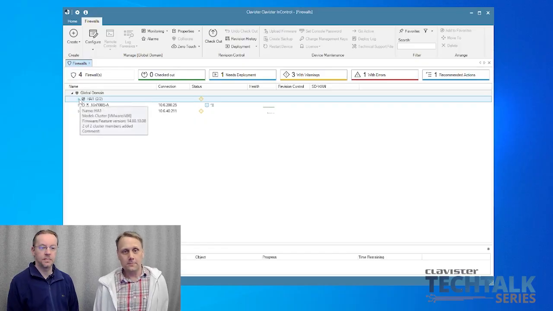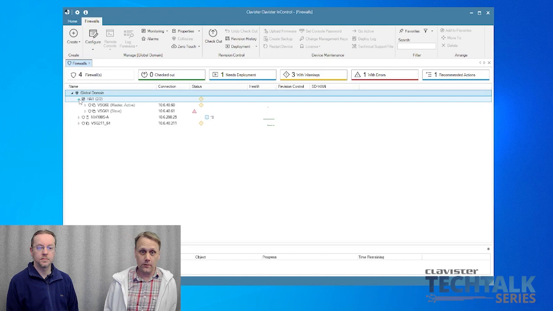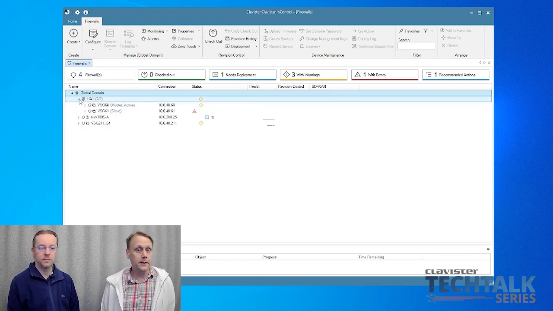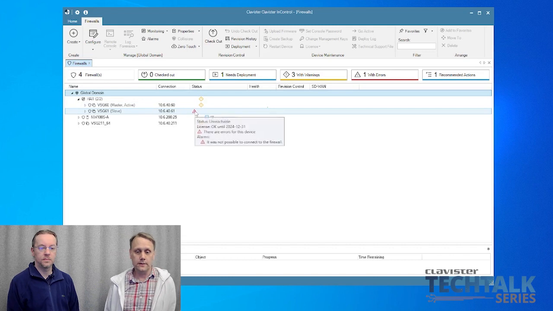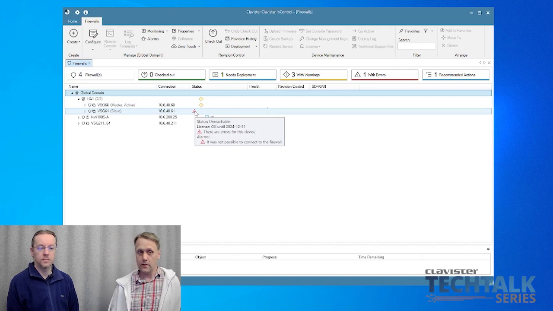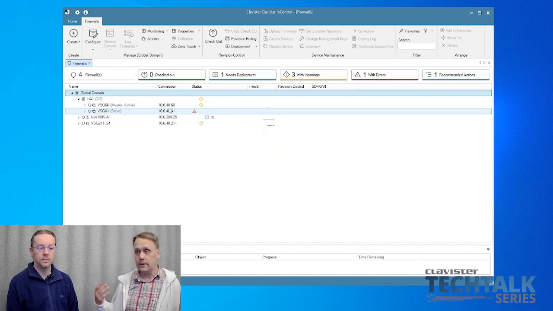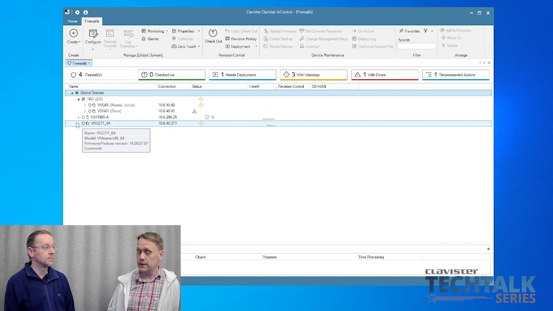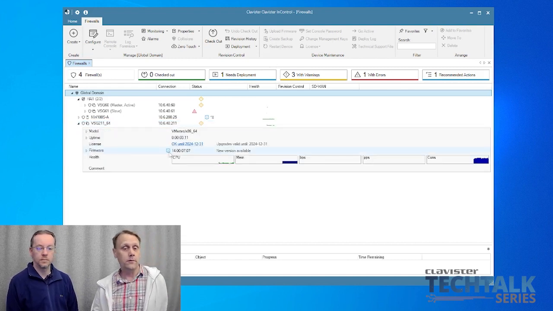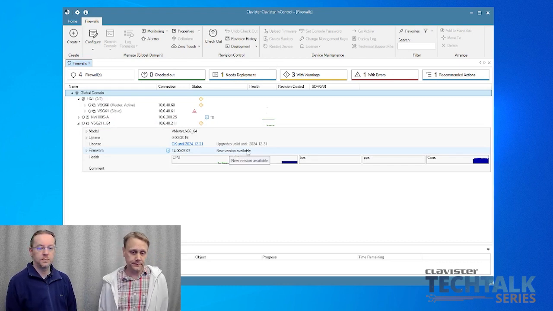Yeah, let's start by having a look at the firewall tab where you find the firewalls in the domain tree. And the status column is always good to have a look at every now and then. There you find important indicators. For instance, if there's configuration errors, if the license is about to expire, that will be indicated. If there's a new firmware available, then we can move on to the health column, which I think many users